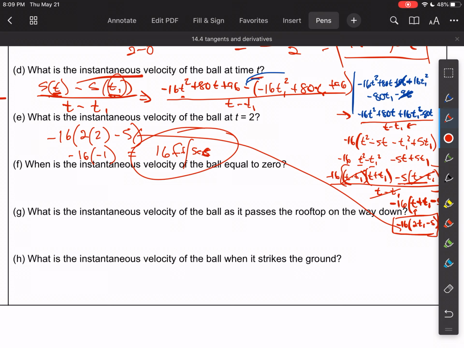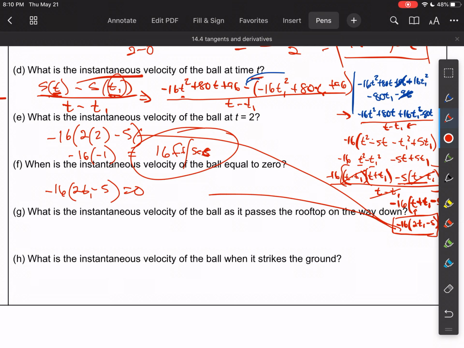So let's look at F here. It says, what is the instantaneous velocity of the ball equal? Oh, when is it equal to 0? Okay, so it's essentially asking, when is this instantaneous velocity 0? So I can set it to equal 0, right? So negative 16 times 2 times t1 minus 5 equals 0. Okay, so I'm just going to solve this. I'm going to divide both sides by negative 16 for F. And if I do that, then I get,